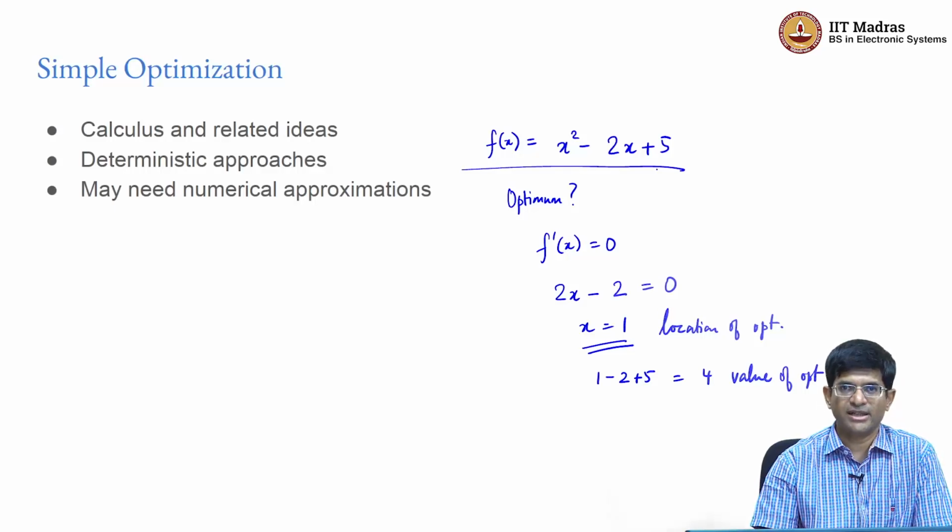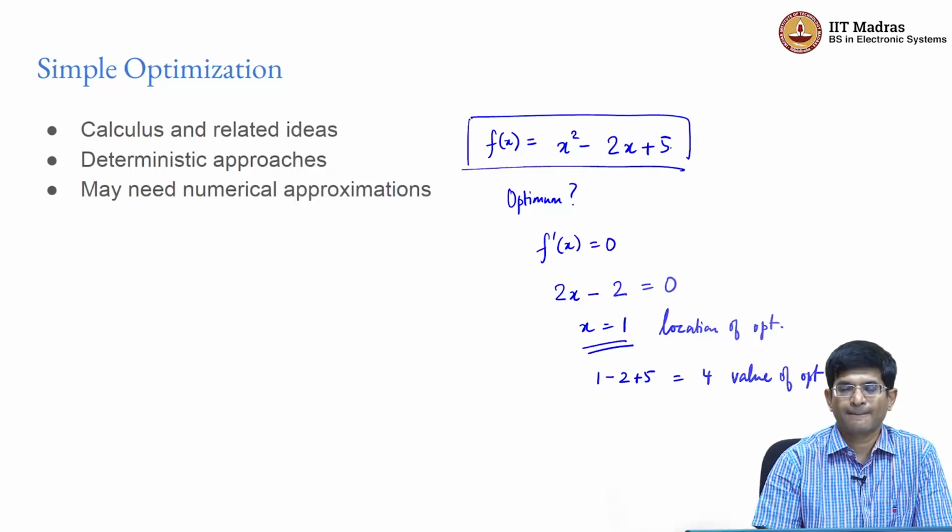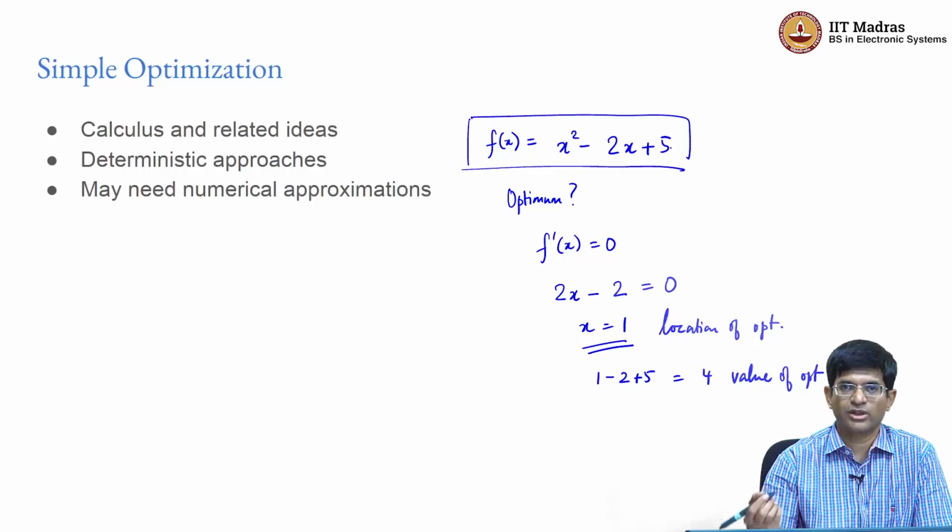So this is well studied, well known, we do not really have any problems with it. The issue that we might face is that very often we end up with scenarios where the function is not as well defined as something like this, right. It might be a nonlinear function, it might be a discrete function which basically jumps for different values of